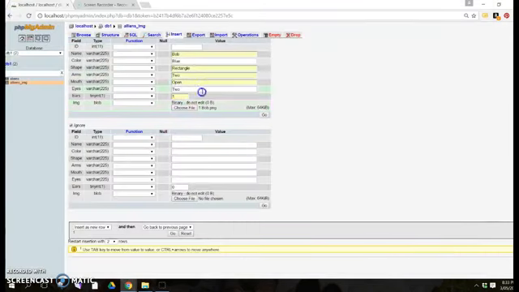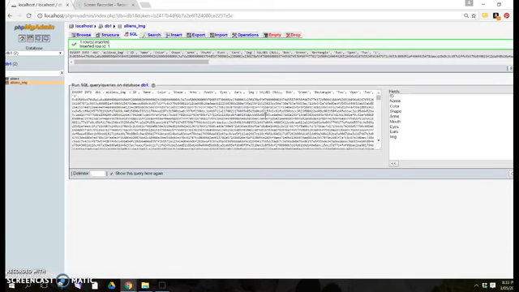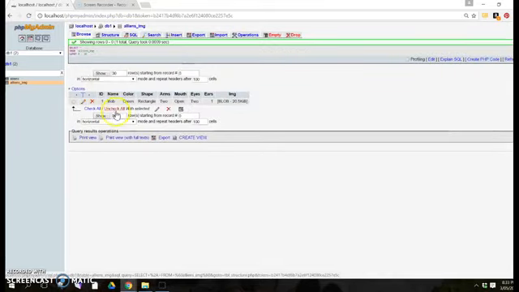So that's Bob. So Bob was green, sorry. I change to green. And then when you say go, one row is inserted correctly. Now if I go to browse, I should see Bob has been added, and you can see that's the size